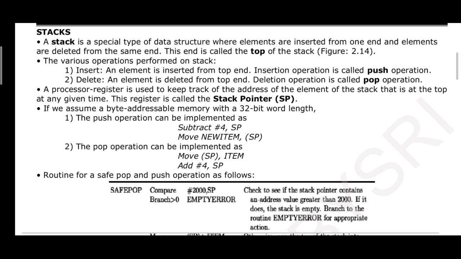We are implementing this data structure. Just correlate it with real world scenarios, so things will be easier for you to understand. So it is a data structure which operates in last in first out manner. All the elements which we insert in the stack will be identical, similar to an array. But what is the difference? The difference is it operates in a strict manner. The last inserted element will be taken out first.